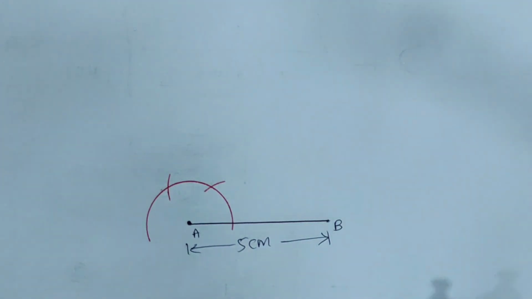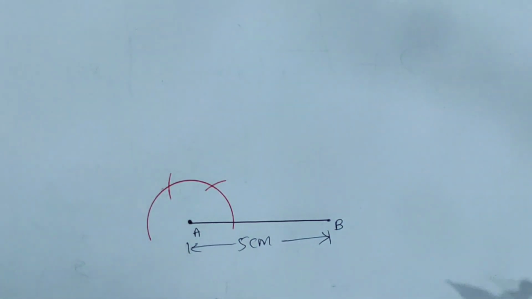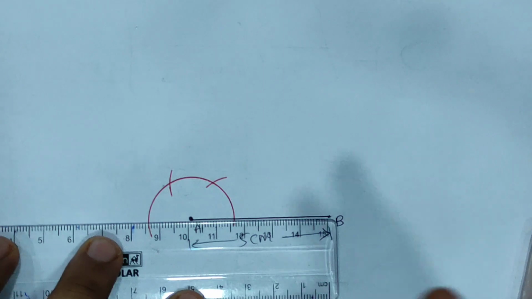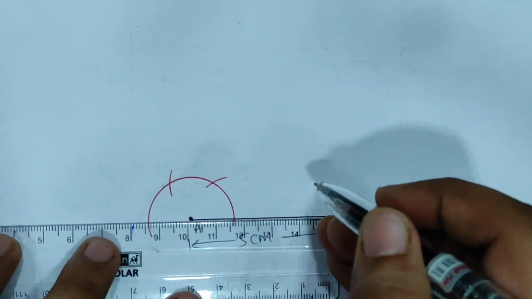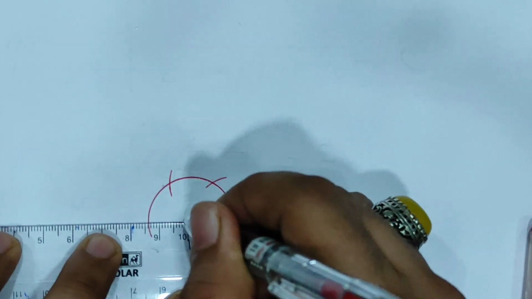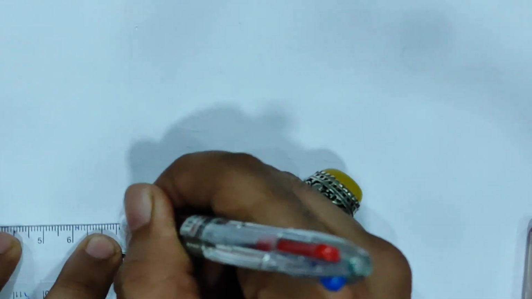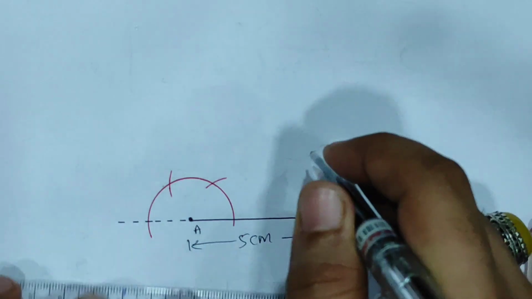Okay, students, actually what we did, just for your understanding, you don't have to do this. I am extending this line with a dotted line, just for understanding. You will not do this whenever such types of sums are there. Dotted line means this line is not actually there, I have drawn it just for understanding purposes.